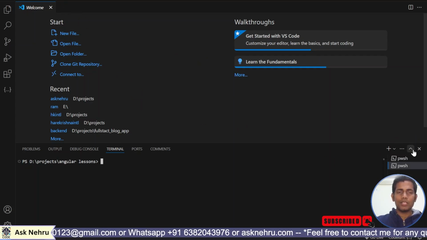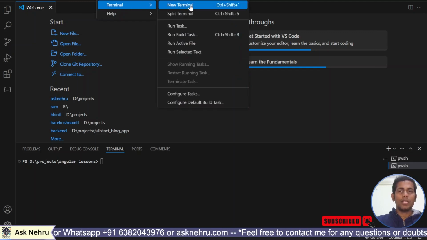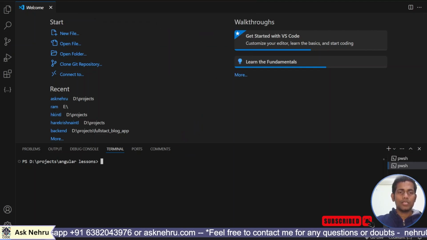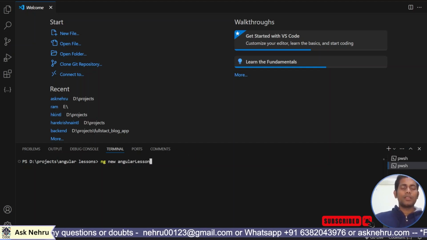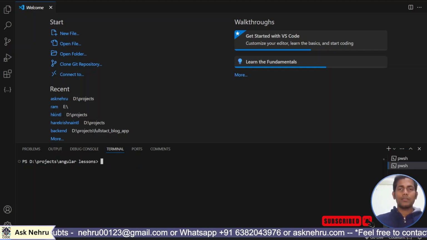This terminal is very easy to open. In the top menus there is Terminal, and if you click New Terminal, this will open. I already opened it. It is the D project and Angular lessons. Within that I'm going to create ng new Angular lessons app. But before that, when you create a new Angular project, make sure that you have installed